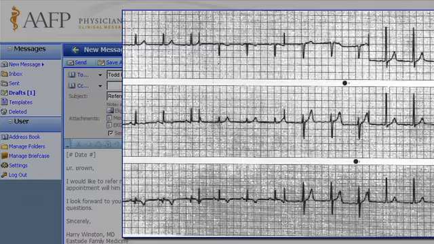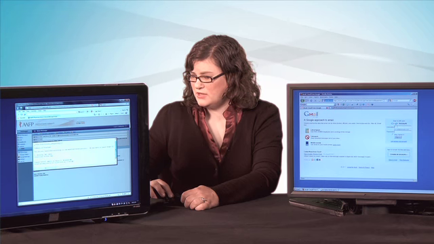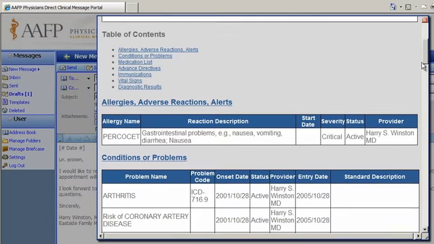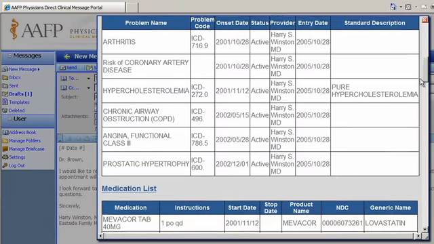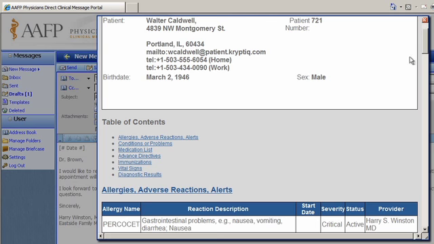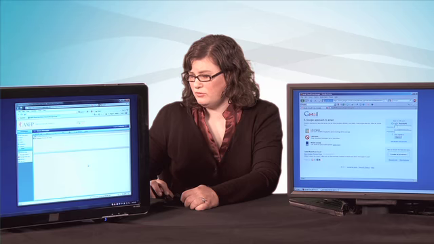So in this case, he can preview the EKG. He can also preview the text document, which in this case is the stress test. And he can preview the chart summary or continuity of care document that's showing the viewer as an easy-to-read format, including all the pertinent information, including lab and diagnostic information. Once he's ready to send it, he can click the Send button, and it'll send it off to the referring